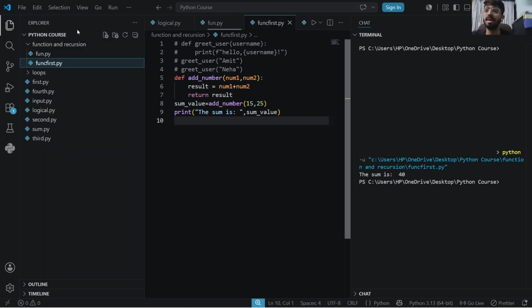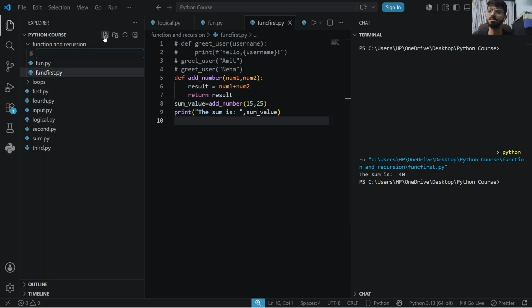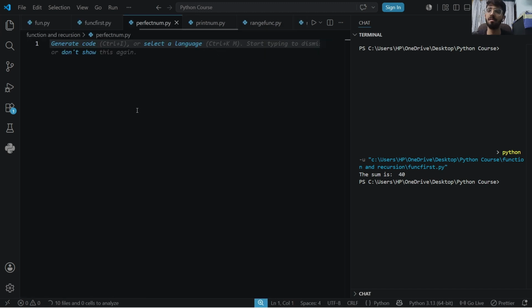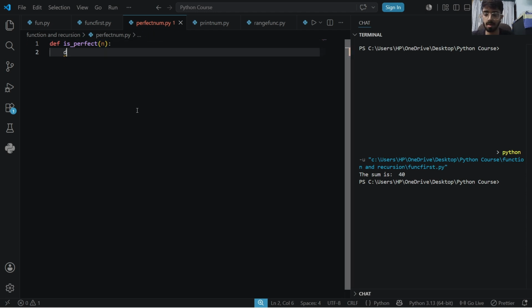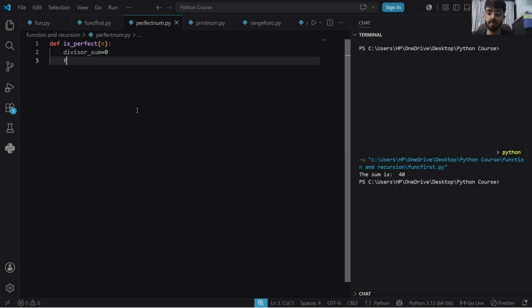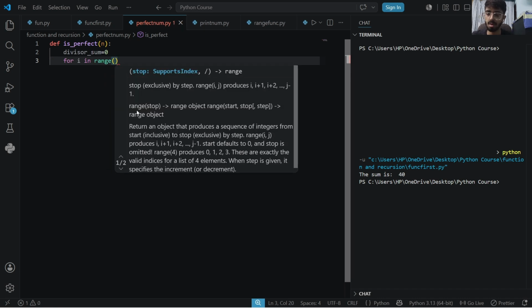We are making a new file which we named perfect num. Let's begin. Firstly, def, and I think our function name is perfect, passing value n, and our divisor sum is equal to 0, and for i in range 1